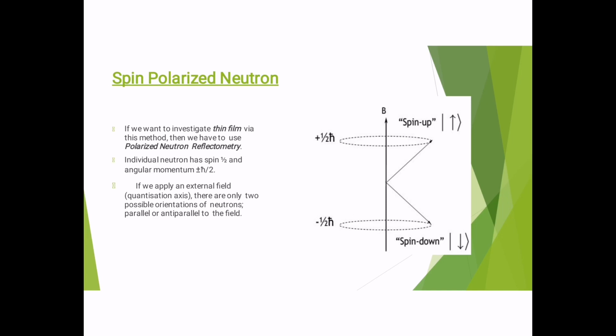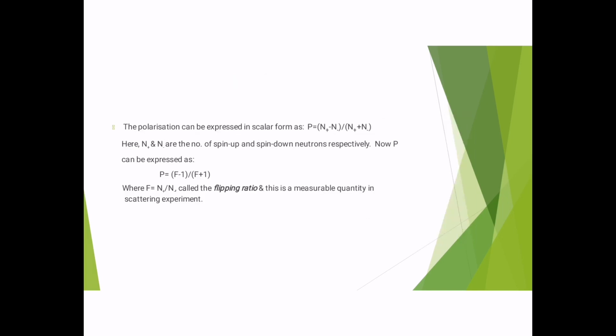has the downward direction. The upper spin direction has an angular momentum of positive 1/2 h, while the lower spin has an angular momentum of negative half h. This polarization can be expressed in scalar form as P is equal to (n plus minus n negative) divided by (n plus plus n negative). Here n plus and n negative are the number of spin up and spin down neutrons